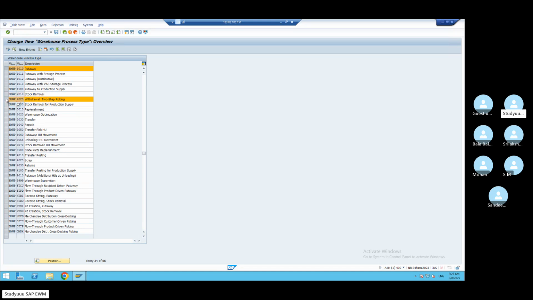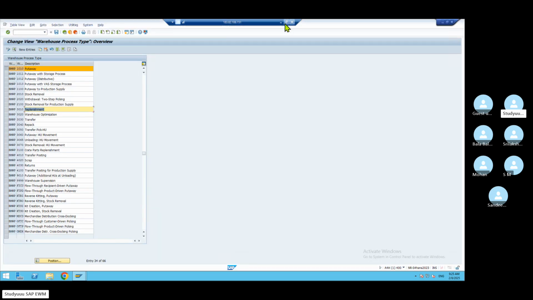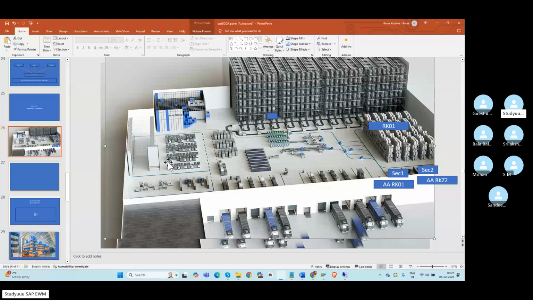And we have replenishment. What is replenishment, guys? We had discussed replenishment. Suppose near the production area, you always would like to store some stock, because moving from the high racks always takes some time, and by that time there will be a loss to the production. If the material is not received in time, the machine cannot stop and the machine cannot be empty. The machine should run 24/7